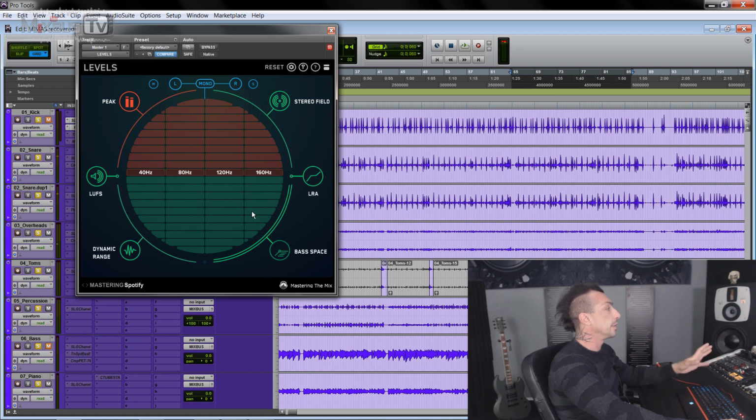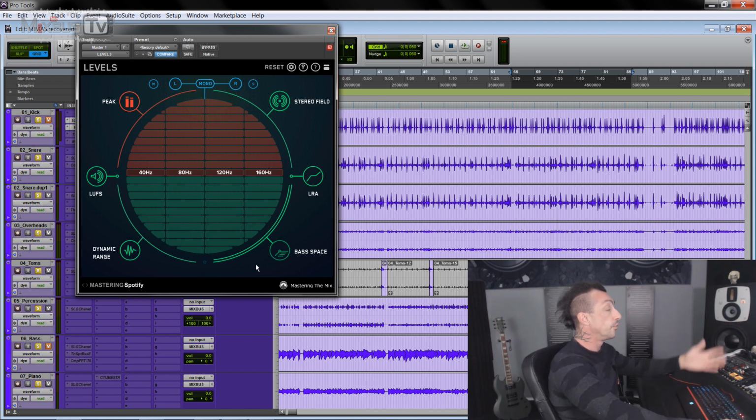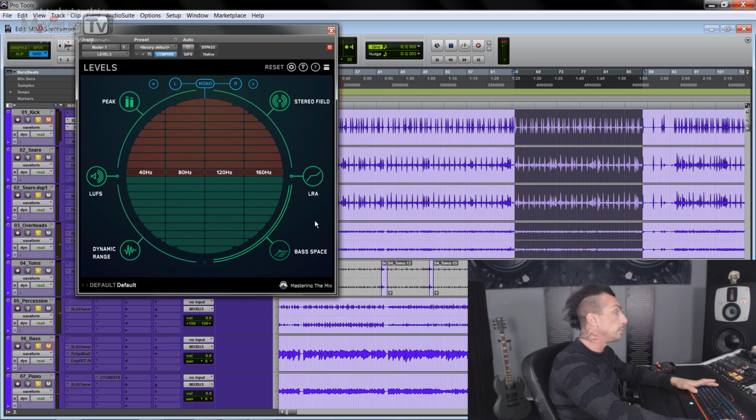Why this is important? Because if you have one element that is not one of the main elements that is supposed to have your low end, most likely kick and bass, it will tell you, hey, this range is occupied by something else, so you don't have room for your actual bass. So if I play again, and I unmute my kick and my bass,